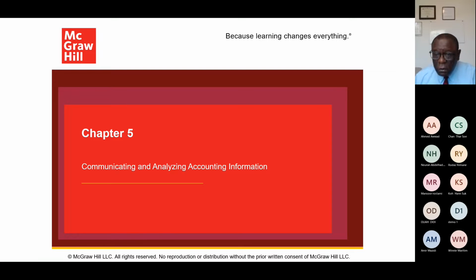Then again, we did assets. Folks, you know what fixed assets are. Or, let me put it in a broad perspective. You know what tangible and intangible assets are. You should be able to distinguish between tangible and intangible assets.